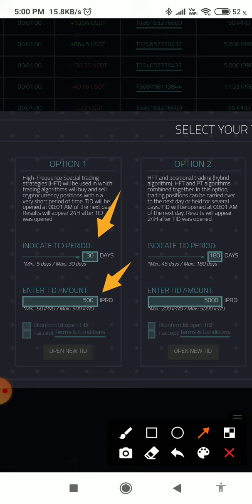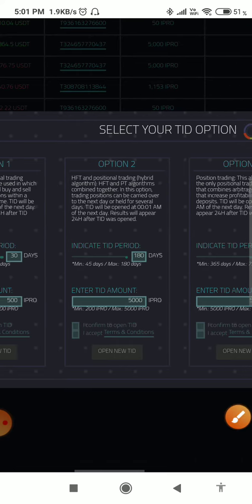You have to click these two buttons. I confirm to open TID. I accept terms and conditions. Then you have to click on open new TID. Once you click on open new TID, your iPro amount that you entered for the period will be automatically sent into trading. Okay, here in option 2,